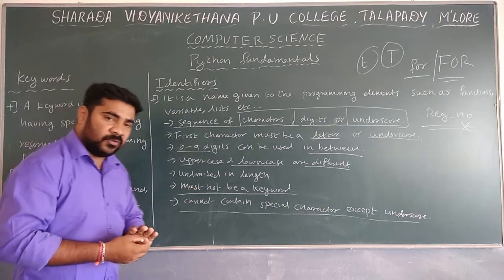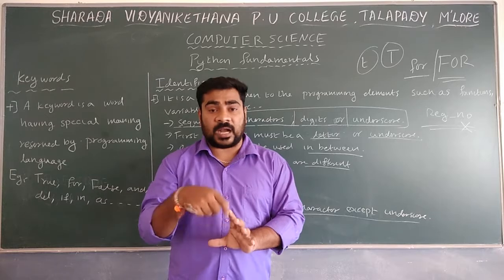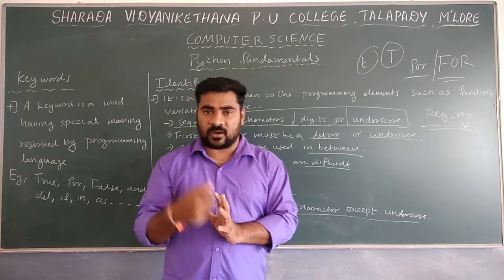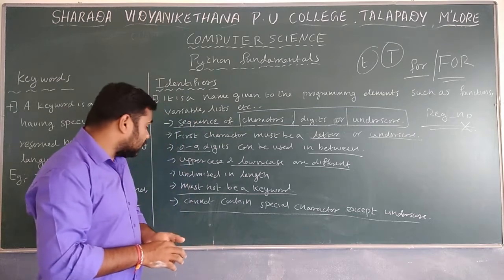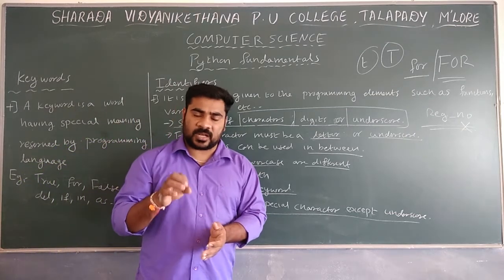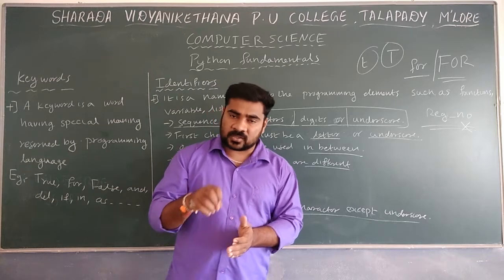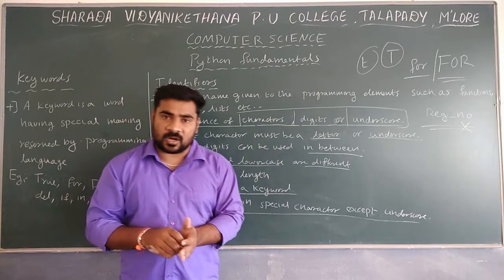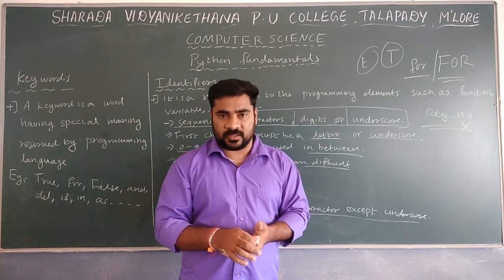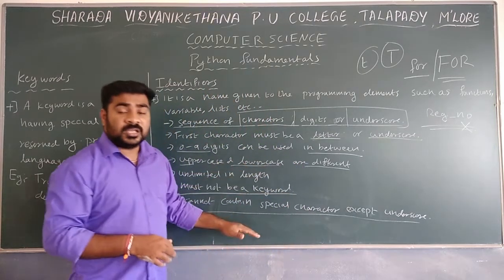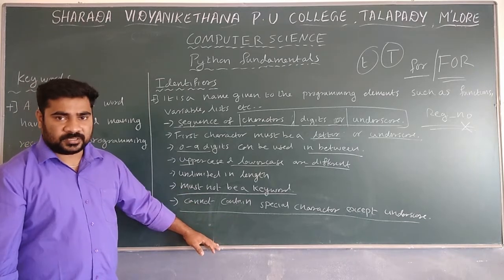It must not be a keyword. It should not be a keyword. You can contain, in between, words like for and so on, that is different, but the identifier itself should not be a keyword, and it also cannot contain special characters. Cannot contain any special character, but we can use underscore. Other than underscore, no other characters or special symbols are possible. So these are the different rules, and also space is not allowed in between the identifiers.